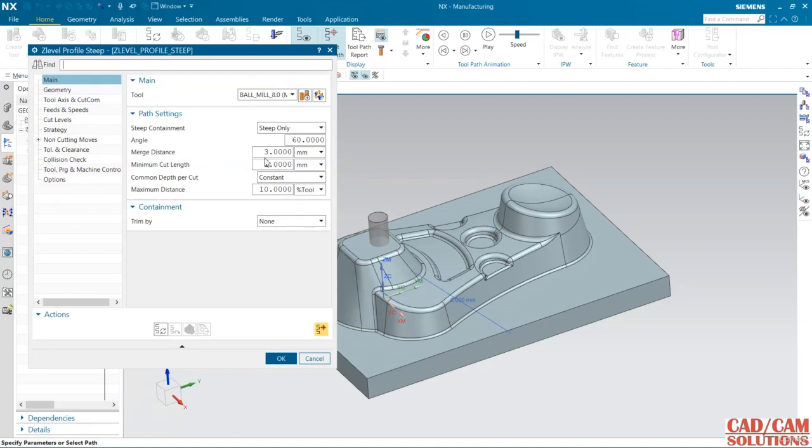And my tool is defined, and the merge distance is the gap between the tool path. See, this green arrow shows the merge distance. If the merge distance is more than 3, the tool path will retract and again engage and start cutting. If it is less than 3, it will directly generate the tool path over the gap. And this minimum cut length is the minimum length of the tool path which it will create, and the depth of